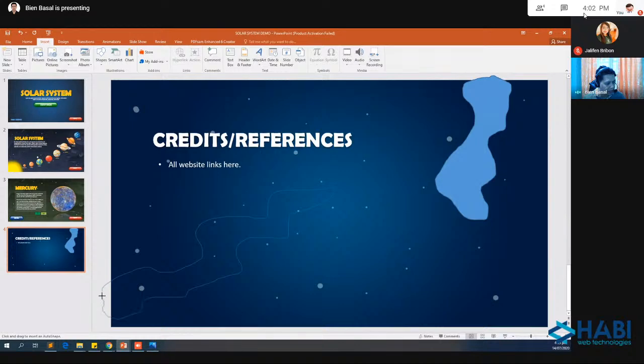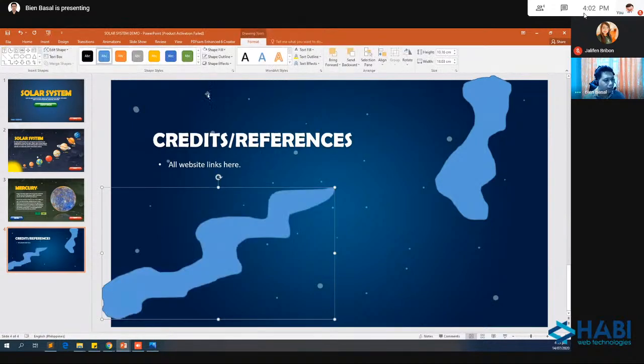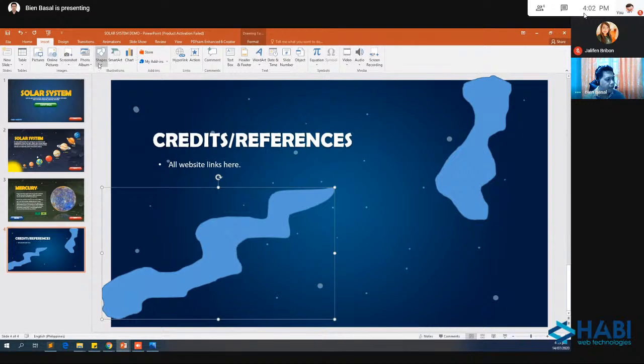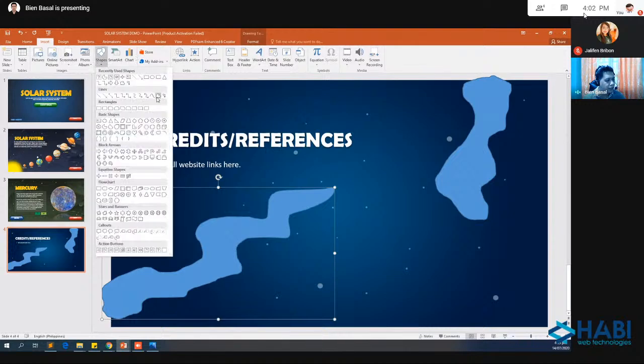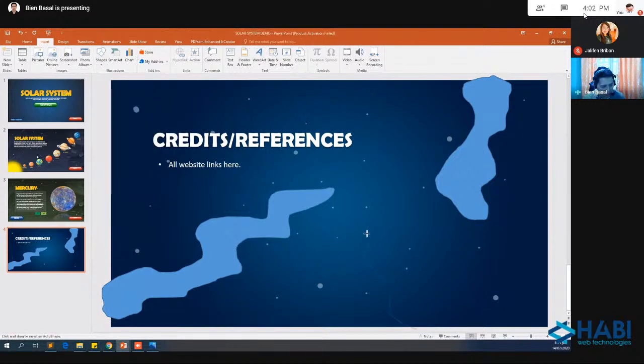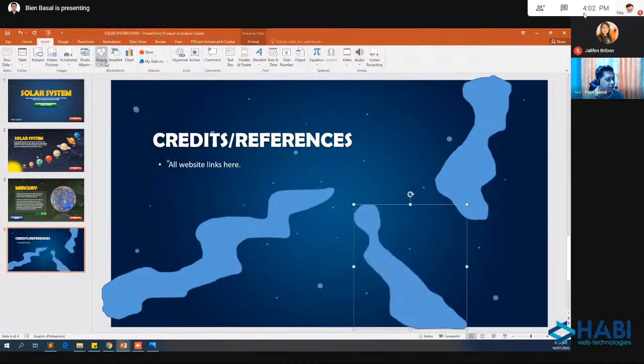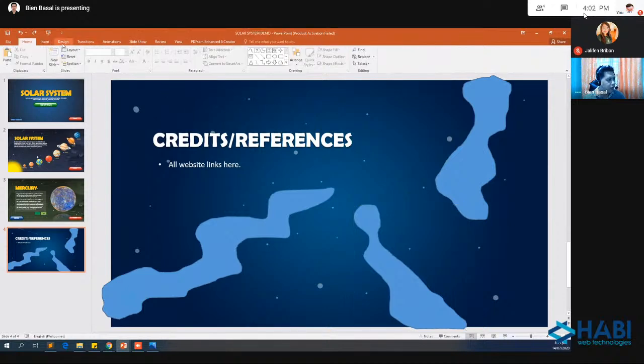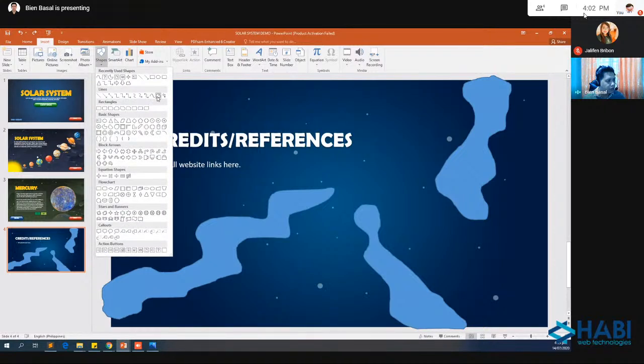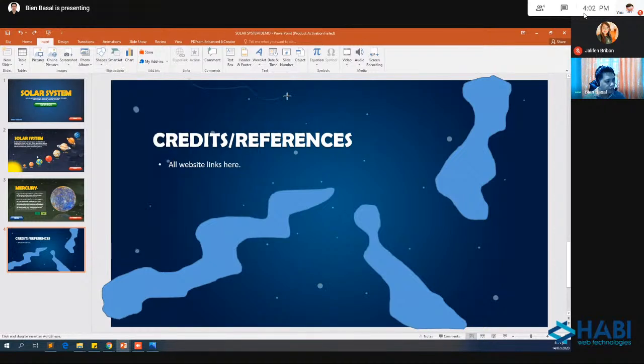Just random shapes, okay? One more. Insert. This one. I will draw like that. And last, this one. One more. Insert. Shapes. This one. Free form.